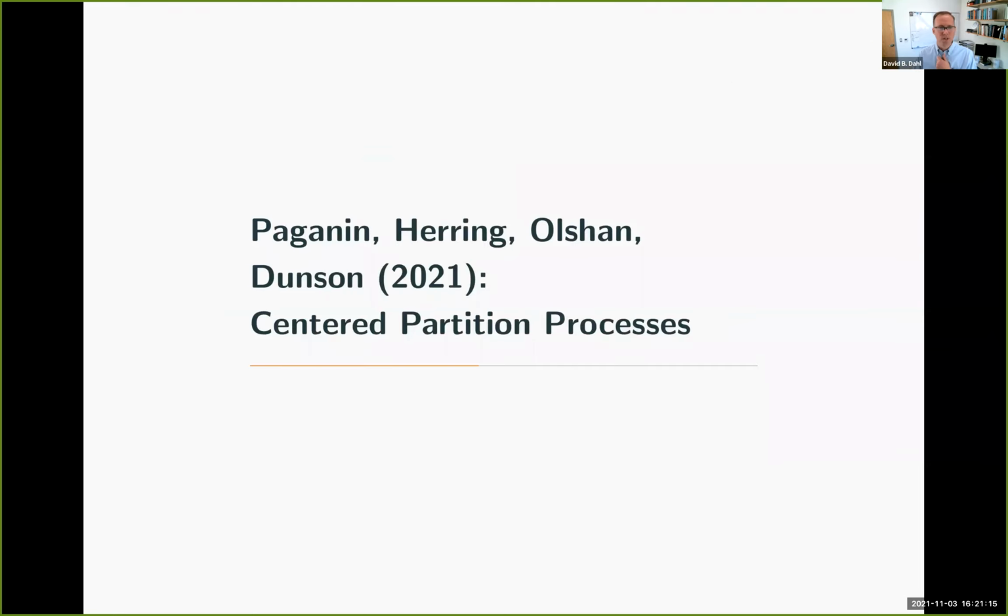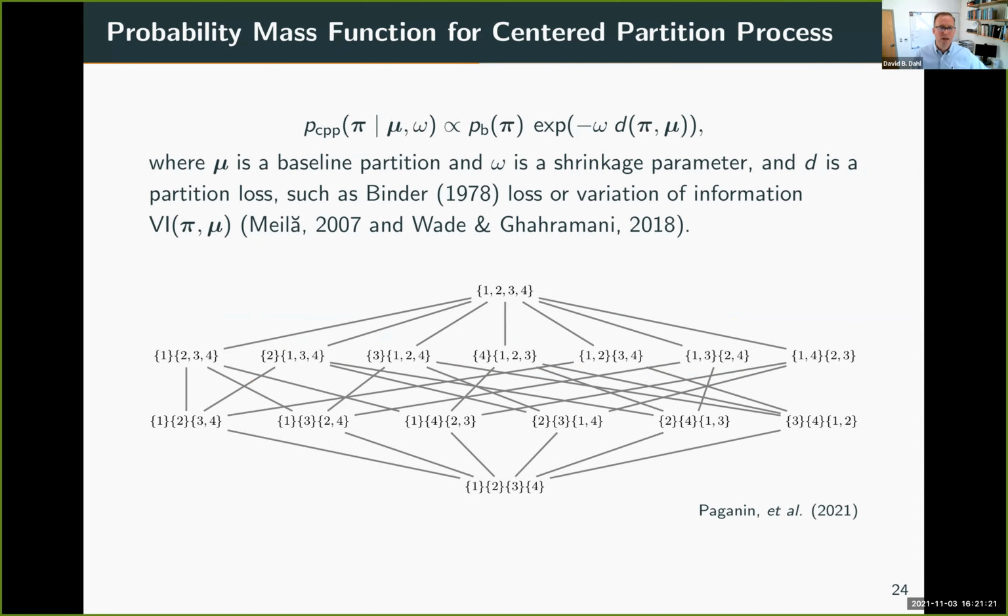All right. Well, let's talk about the CPP from Paganin et al. Now, the beauty and the Achilles heel, I think, of the CPP is the following. The probability mass function for a given partition pi in the CPP is proportional to the baseline probability mass function evaluated at that given partition pi, modified by a penalty as indicated by the distance that pi is from the baseline partition. That penalty is governed by this omega, the shrinkage parameter, and